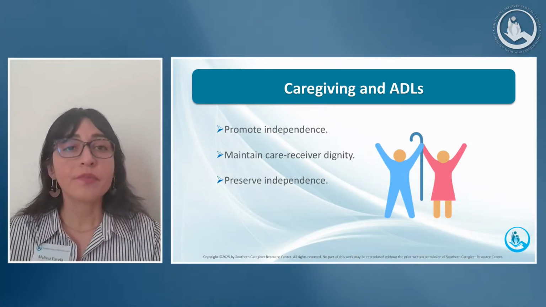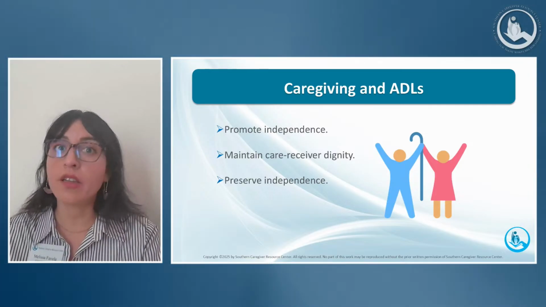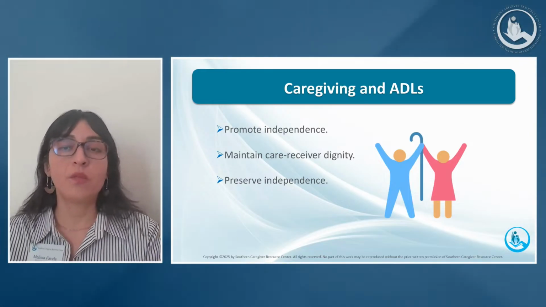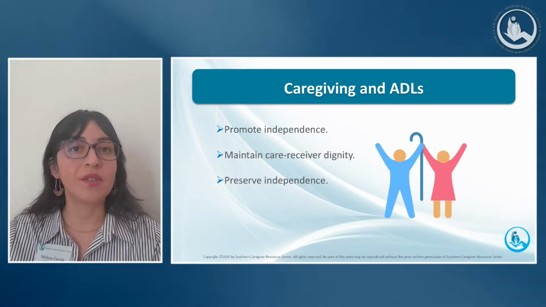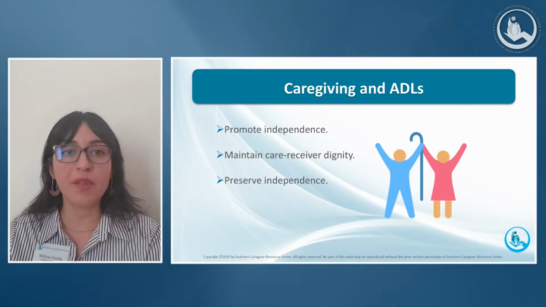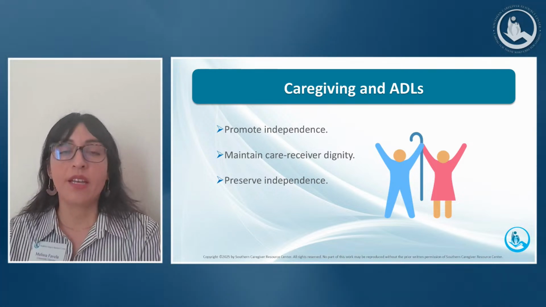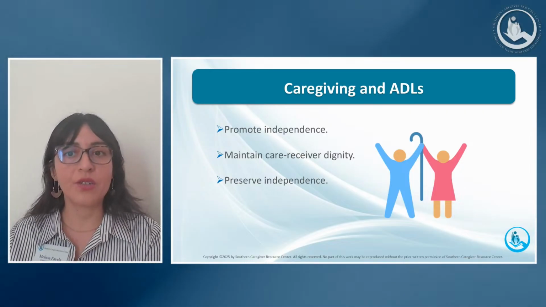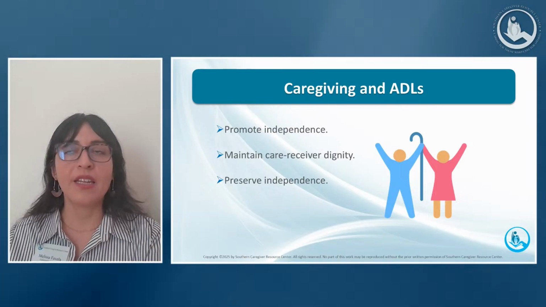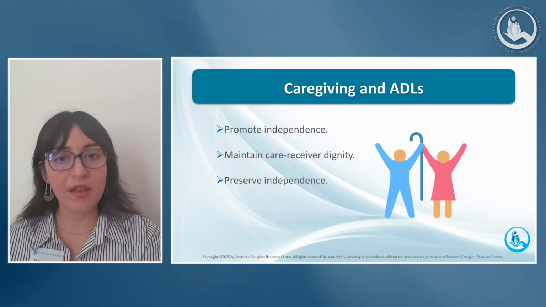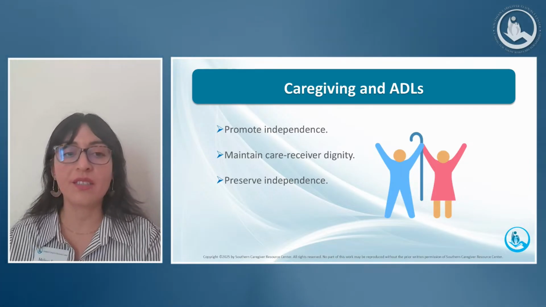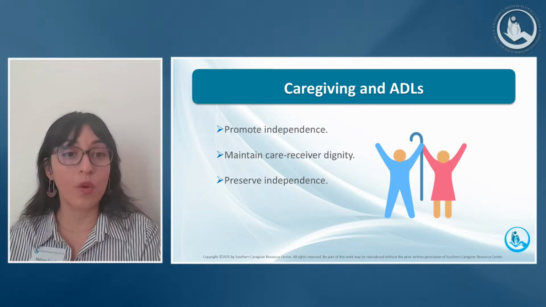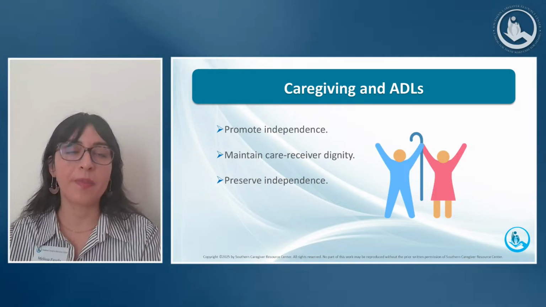Now, many ADLs, such as mobility and continence management, really directly impact an individual's safety. So by supporting these activities, caregivers can reduce the risk of accidents, falls, and other health complications such as UTIs, right? And so again, being aware that when a loved one starts having issues completing their ADLs, don't think right away, I have to do it for them. Not necessarily, right? We would need to assess, but thinking, how can I support them to be independent, right? Still with their need for assistance with ADLs. Next slide, please.